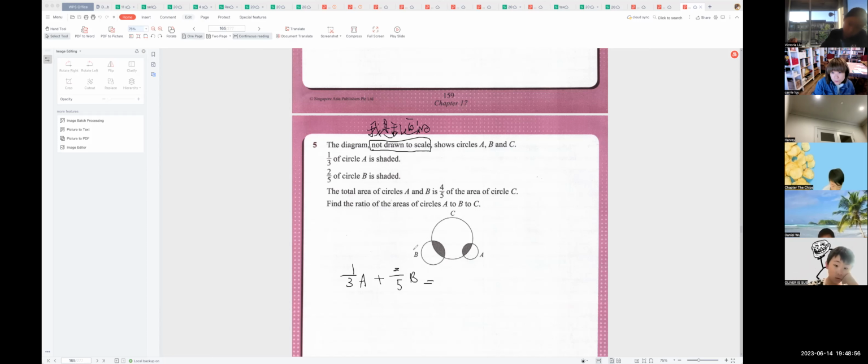The total area of, okay, this one's different. It's not talking about the shaded. The total area of circle A and B equals 4/5 of C, right? 这道题目就是我们传说中的凑数字。